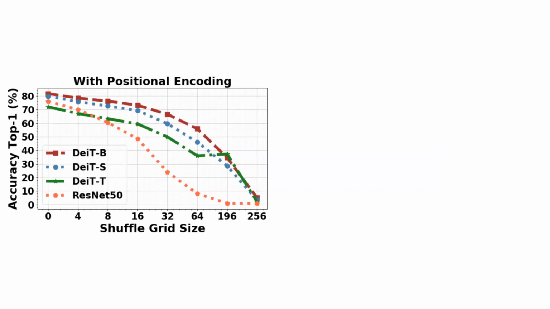And so the main research that they performed was to train the ResNet CNN and the transformer models normally, and the transformer models with positional encodings, on natural images. But during testing, they apply different levels of shuffle grid size and see if those accuracies are still maintained. So as you can see with the ResNet model, which has low positional invariance, what you tend to see is that because it was trained on natural images, as you increase the shuffle grid size, the accuracy of